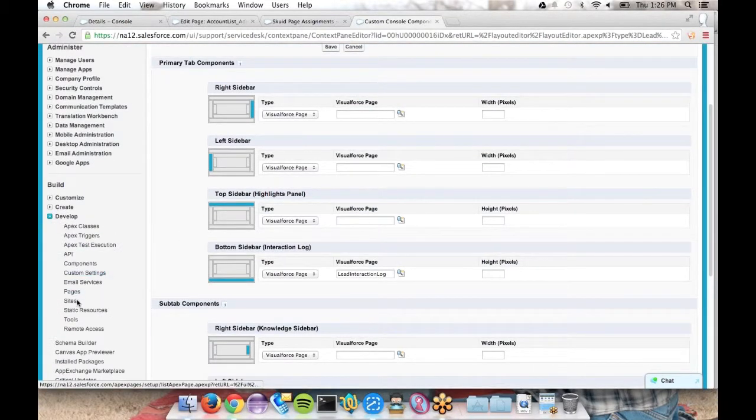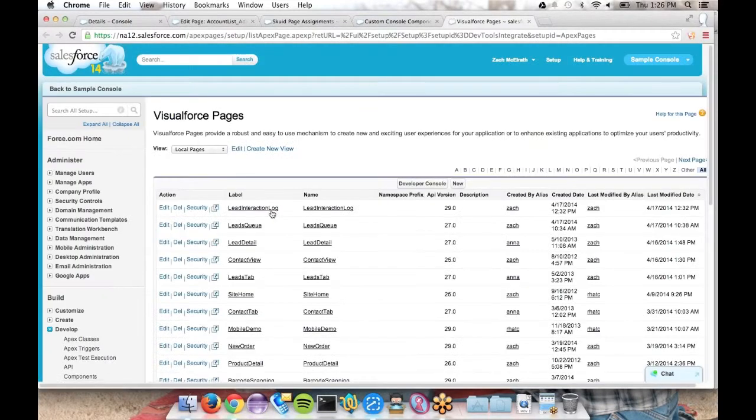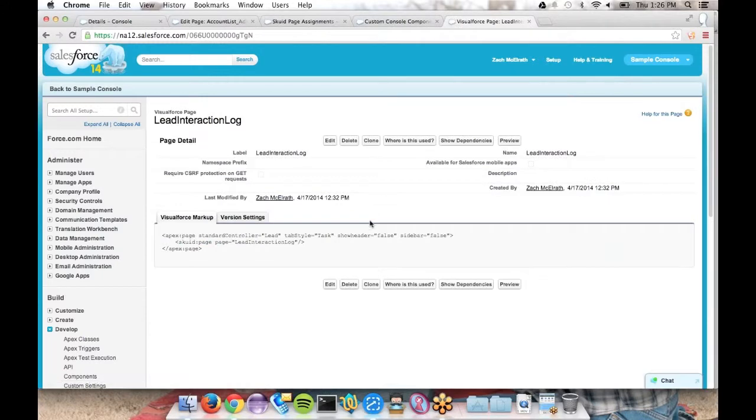So if I go to my Visualforce pages, I have one called lead interaction log, and you notice I'm using the Squid page component again. It's a very, very simple Visualforce page, but it's saying show a Squid page called lead interaction log.